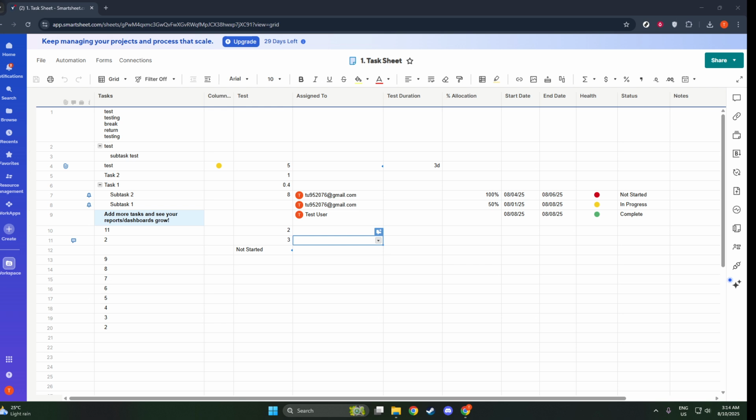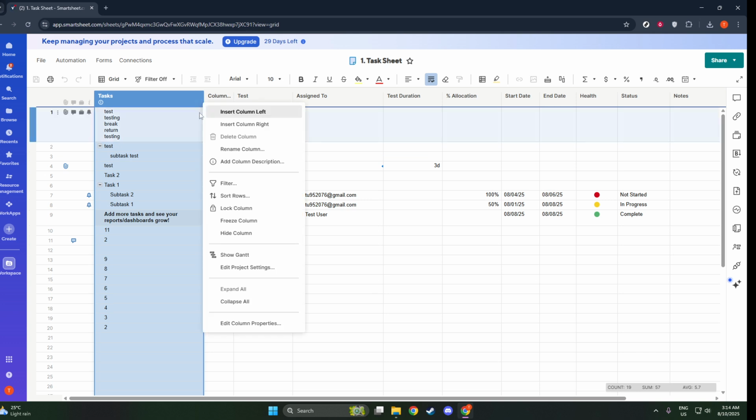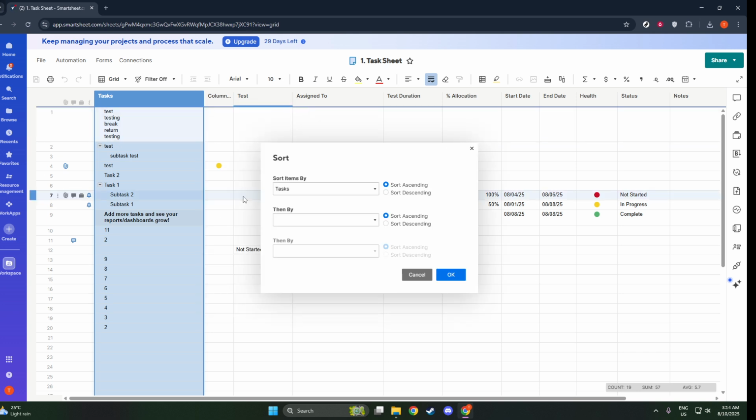To begin, we're going to focus on selecting the rows you'd like to sort. This is quite straightforward. Simply start by clicking on the row numbers. If you need to select multiple rows at once, hold down the Shift key as you click. This allows you to highlight multiple rows that are contiguous. It's similar to selecting multiple files in a folder on your computer. This technique is especially useful when your data spans several rows or when you wish to focus on a specific